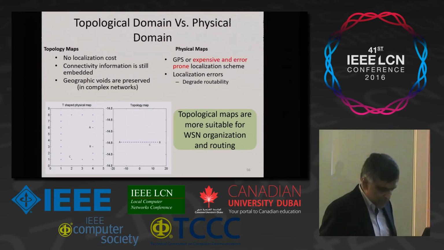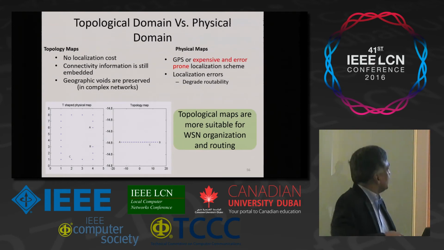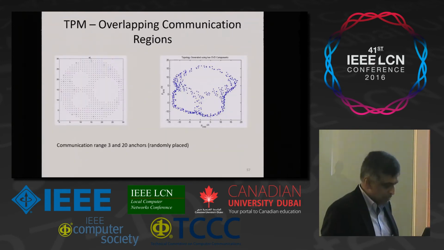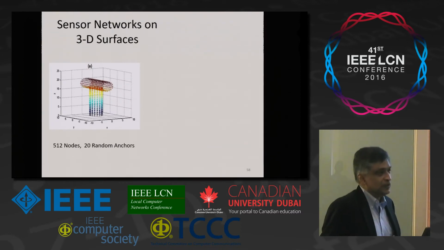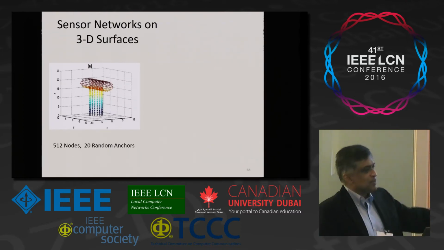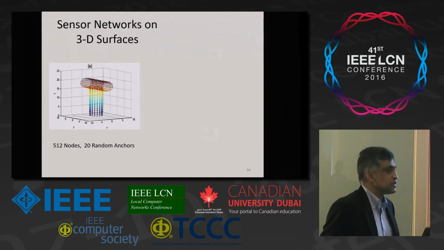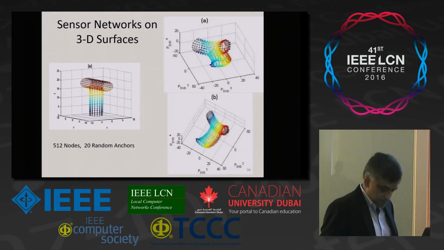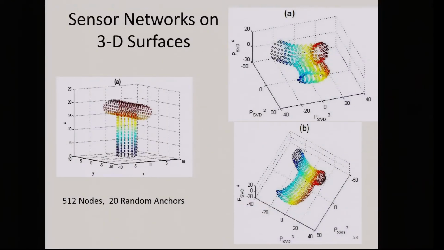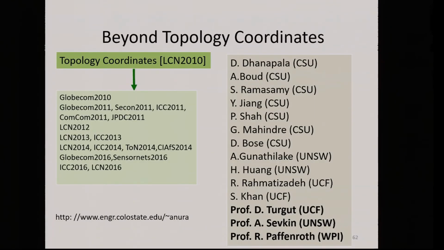And we can obtain this very, very easily. If you increase the communication range, you get maps. The nice thing is this naturally extends to 3D. In case of 3D, we drop the first component, take the second, third, and fourth, and plot them, and we get these maps. So these we call topology preserving maps. This is what we presented back in 2010, and we had a more extensive journal paper in Transactions.